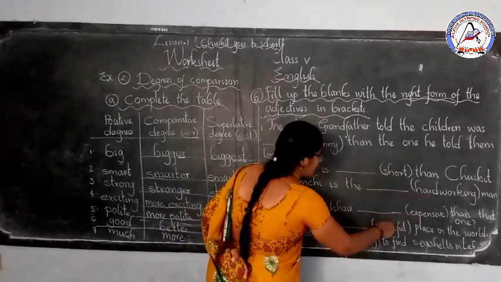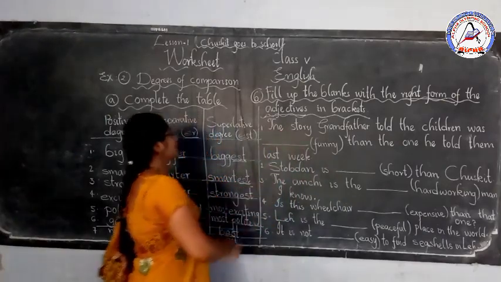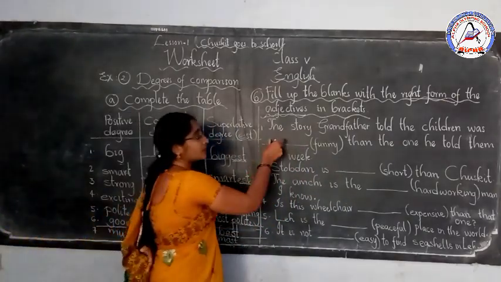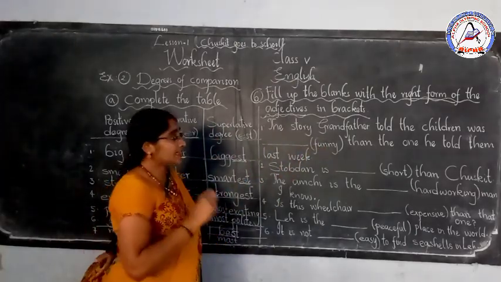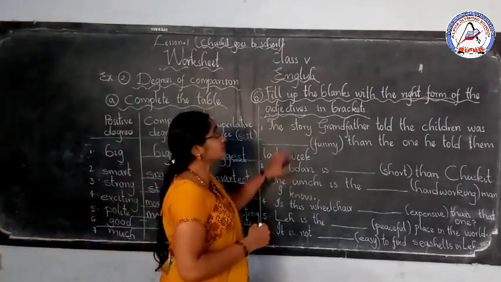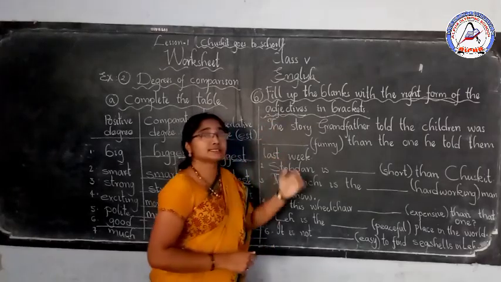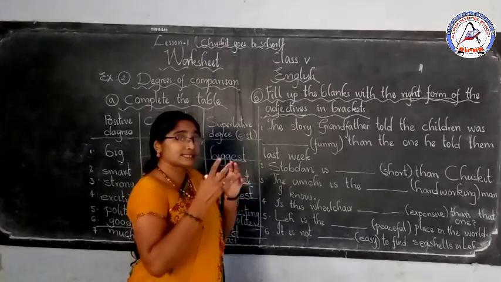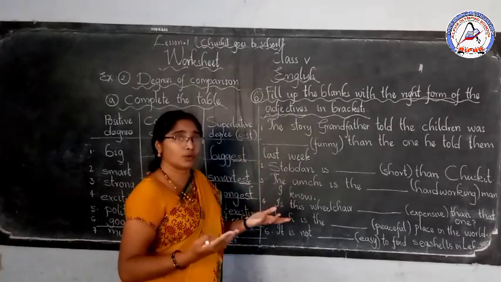These are adjectives. Now you have to change this adjective and write the suitable one. Which one? Positive, comparative or superlative. Change this into these three forms and put it in the blanks. Let us see how to do that. How can we identify which one will be suitable? First you have to try to understand the sentence: is it telling about one person, or is it comparing two things, or is it comparing among more than two things?